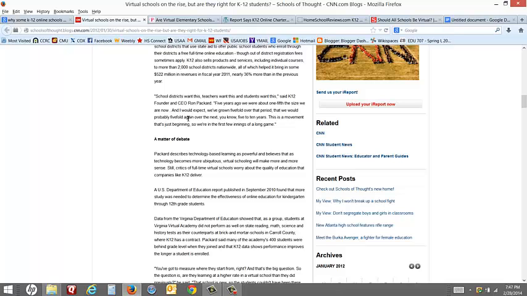Okay. Packer describes technology-based learning as powerful and believes that as technology becomes more ubiquitous, virtual schooling will make more and more sense. Report: more study was needed to determine the effectiveness of online education. Data from the Virginia Department of Education showed that a group of students at the Virginia Virtual Academy did not perform as well on state reading, math, and